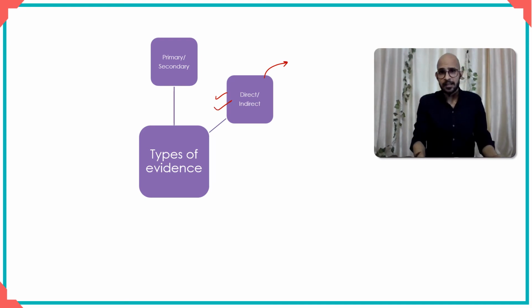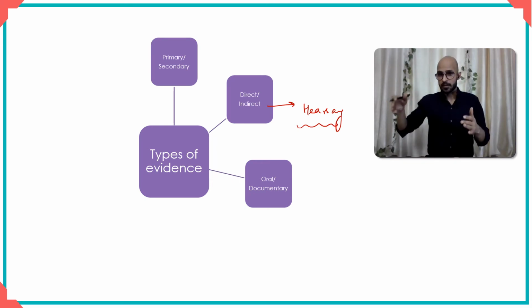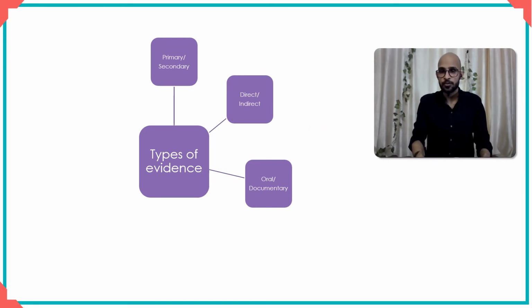Now, indirect has another meaning as well. The first meaning that I just used was indirect in the sense of hearsay, right? Where somebody saw it, he tells a third person, and then this third person goes and deposes before the court. This is hearsay. Another way in which direct and indirect is used is in the meaning of circumstantial evidence. I'll just talk about that in a bit. In case you're not understanding what's happening right now, don't worry. I'm just introducing these facts and these concepts to you.